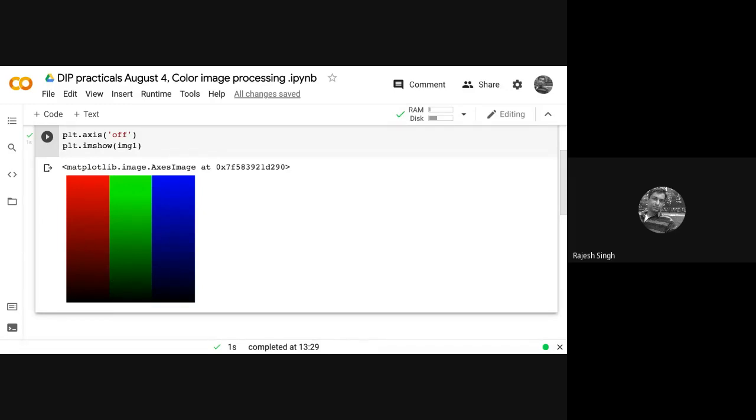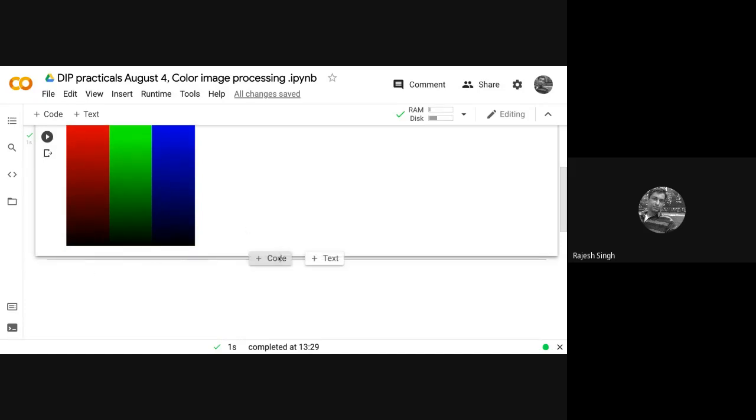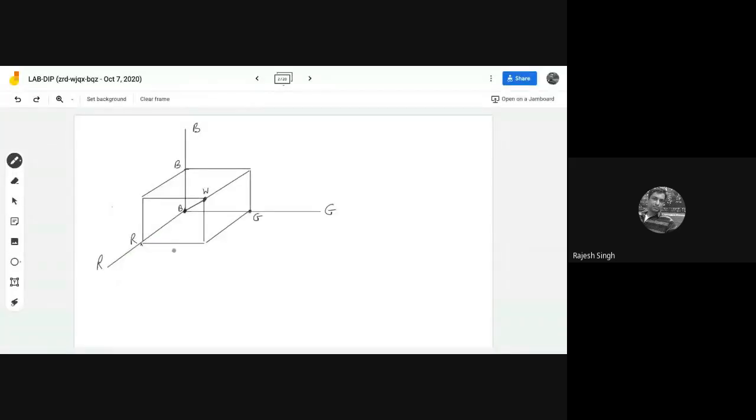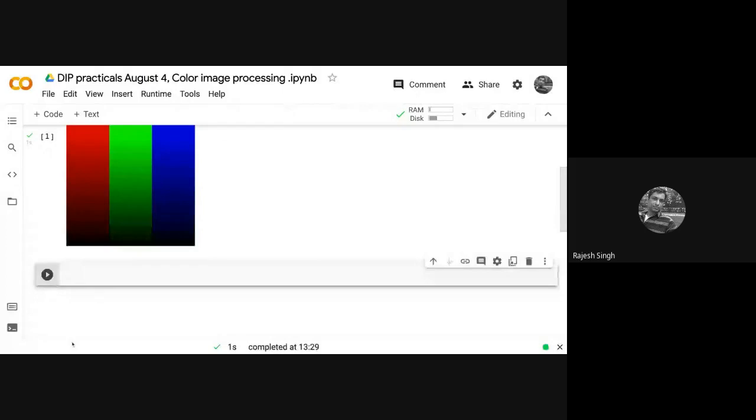and B components separately. If you see here, for your R component, if you have maximum red, the R value should be here, minimum red is here, same for G and same for blue. Therefore, in our program, we can write them.